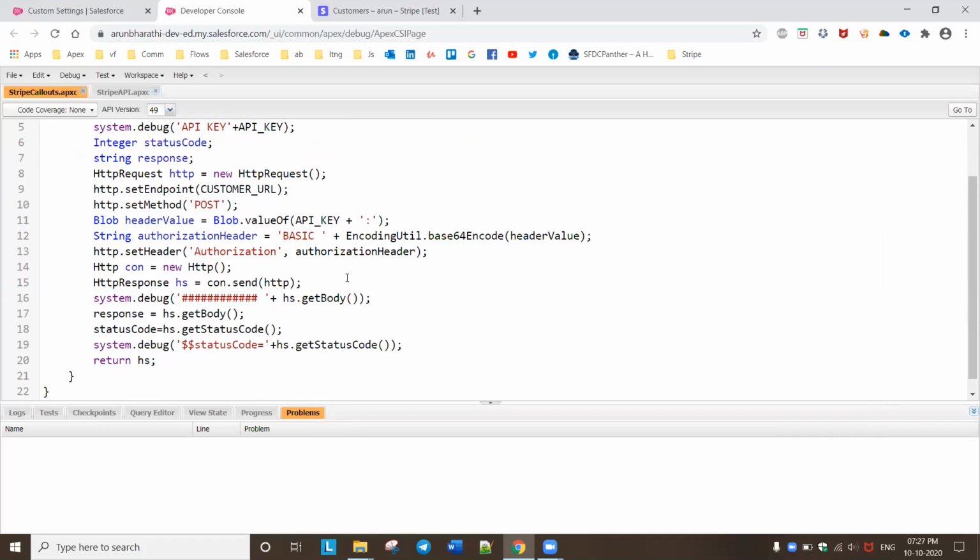That is really good. Now we have to make an API call in such a way that it should create a payment link, and in that payment link, if somebody makes some payment, once they have completed the payment, it should return back to Salesforce. This is what we need.